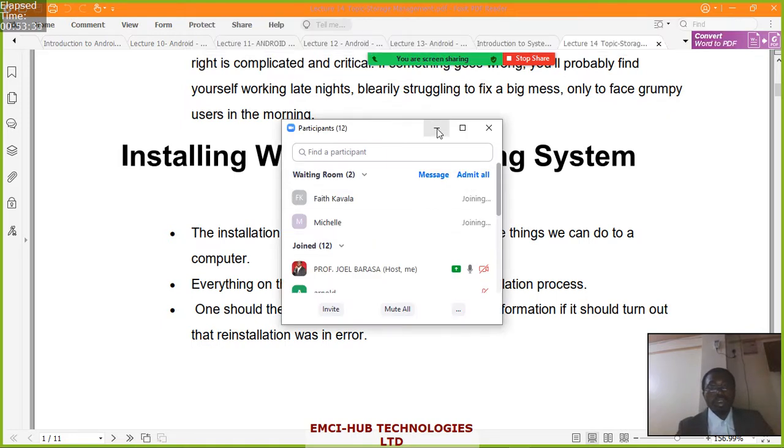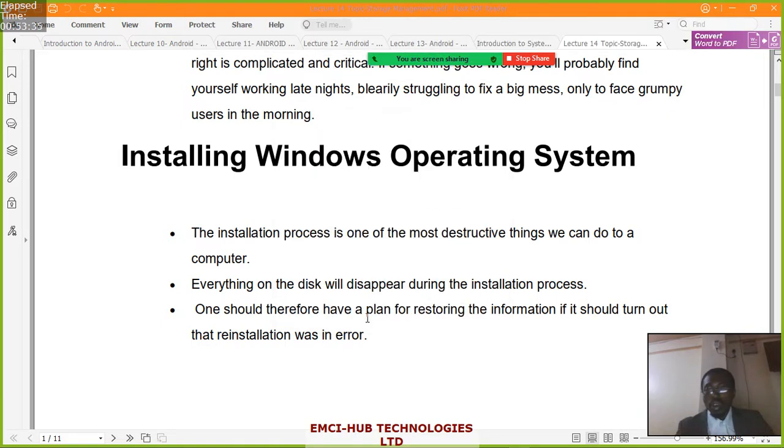It is very simple and very easy. You only need to design an ISO file using your flash disk and software such as Rufus or a software called Power ISO. So those are the key. So once you have designed your bootable disk or bootable software, then you can proceed to